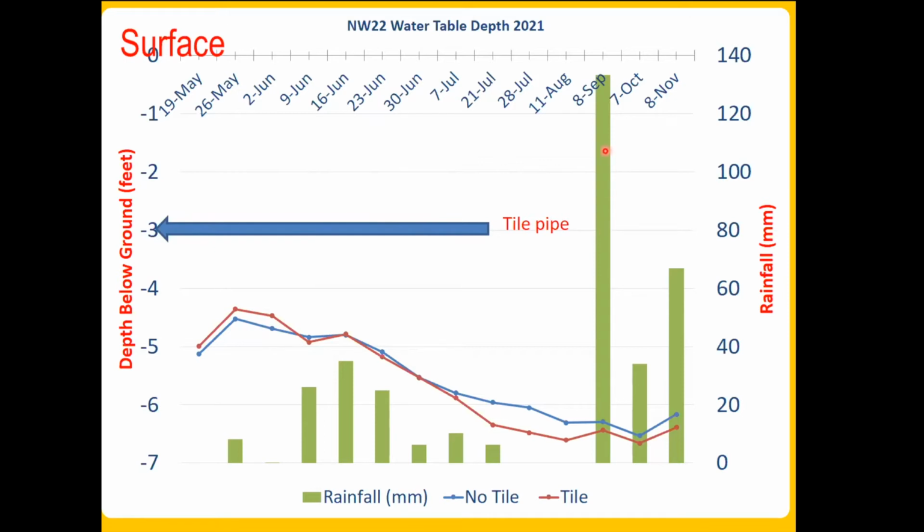We finally got some rain in September, October, and if you look at a fair amount of rain, but the water table did not budge much. And that is because the crop is also still utilizing some of the moisture. So the graph I'm showing here is just to show that there was no influence of water removal in the